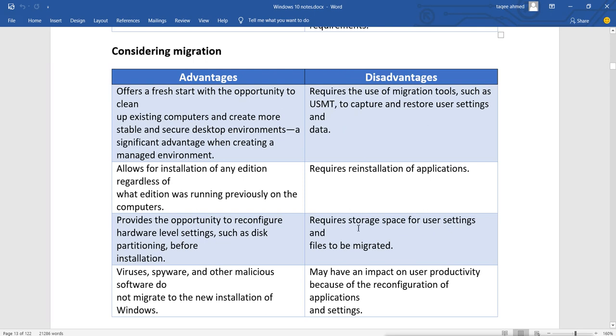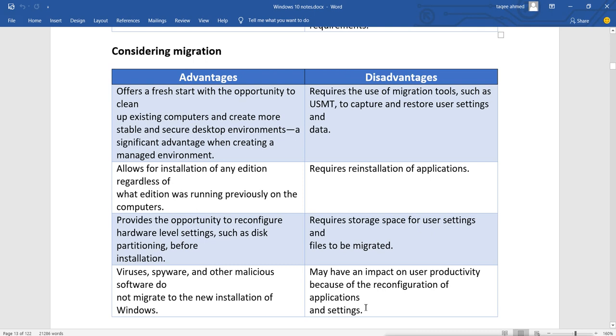Then the advantage for migration is that viruses, spywares and other malicious software do not migrate to the new installation of Windows. Because you are doing a new installation, these things will not be there in your new installation. But the disadvantage is that it may have an impact on user productivity because of the reconfiguration of applications and settings.